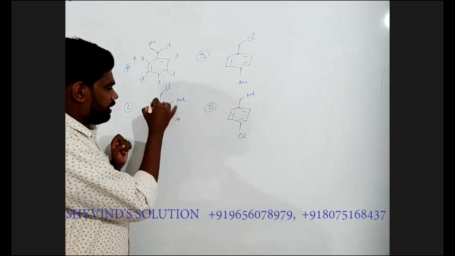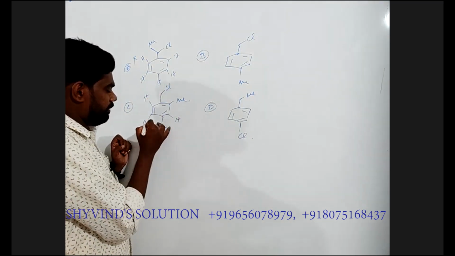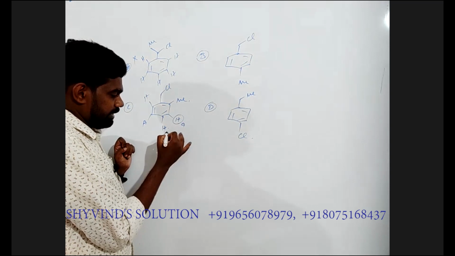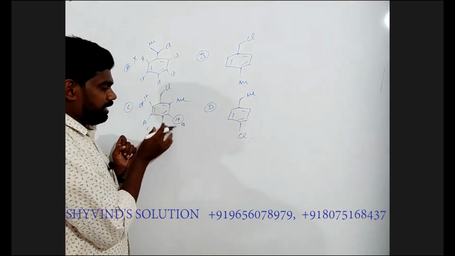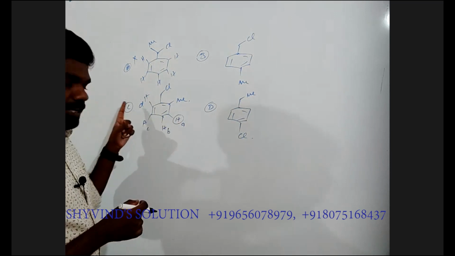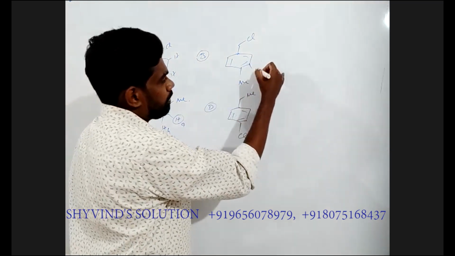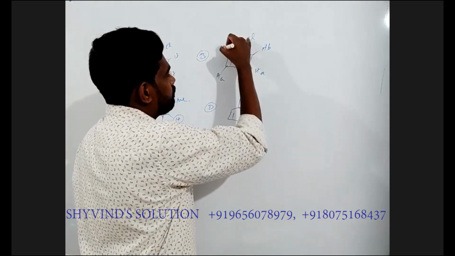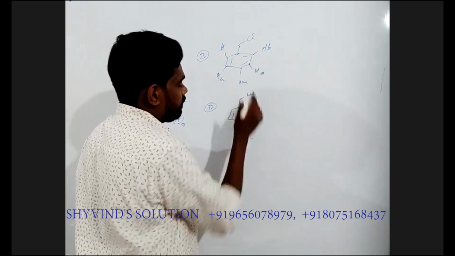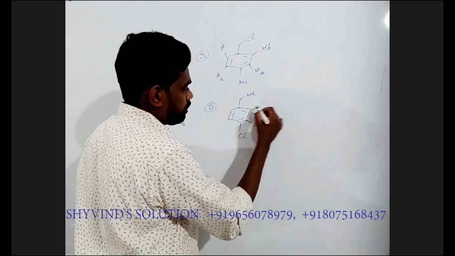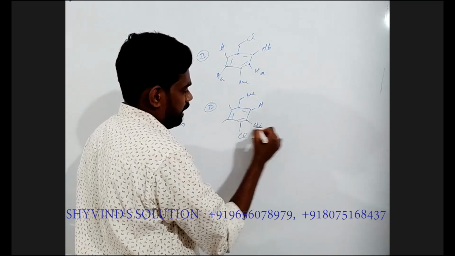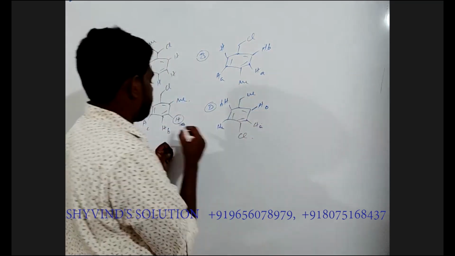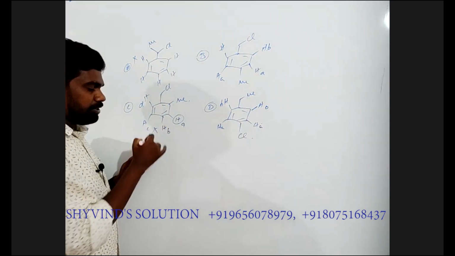you can see here in option C, this hydrogen is in one environment, this is in another environment. We have 4 different environment hydrogens in the aromatic region. You can see here, these 2 are in the same environment and these 2 are in the same environment. Only 2 different environment hydrogens. This option also has 2 different environment hydrogens, HA and HB. So we have 4 different environment hydrogens here, so this option also can be eliminated.